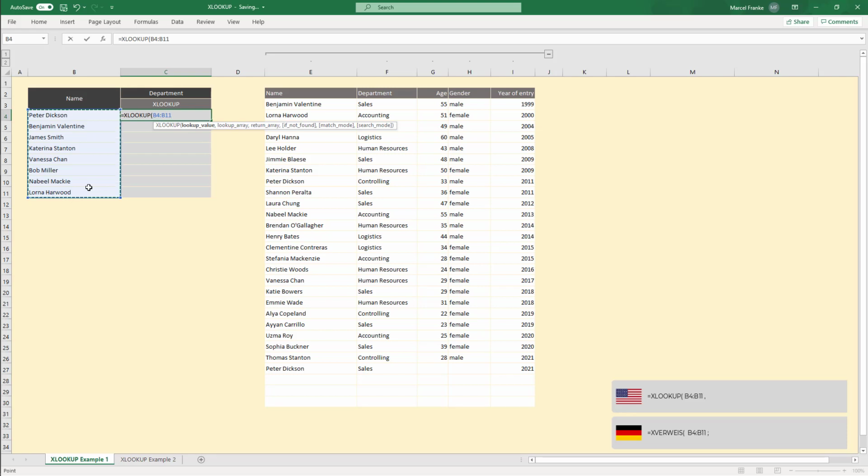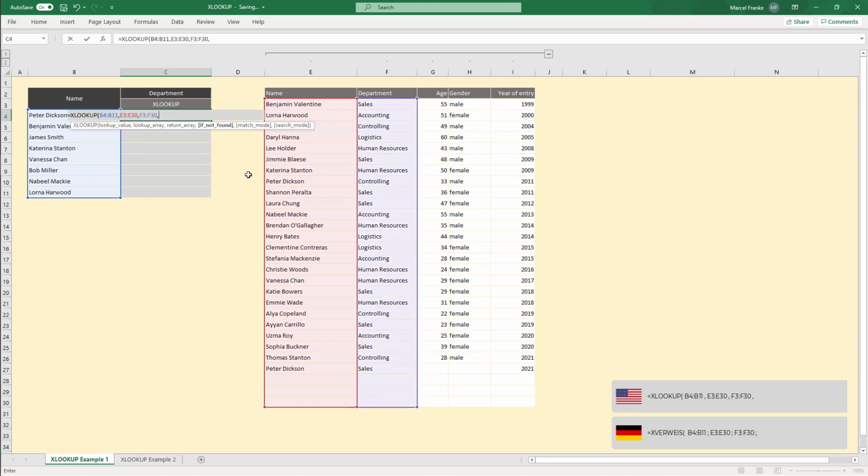And if I now define the lookup array, which is this range here, and the return array, and let's also define if not found, we define not defined, and the match mode was exact match, which is 0 or false, and the search mode